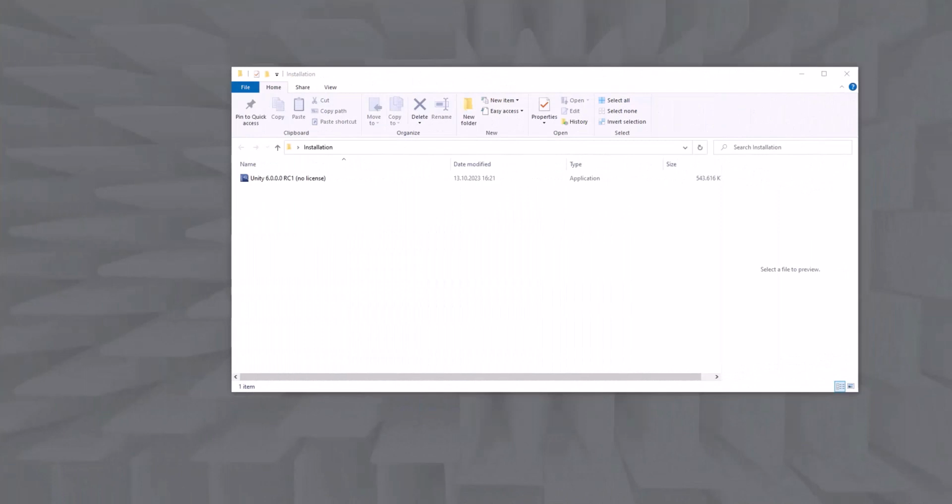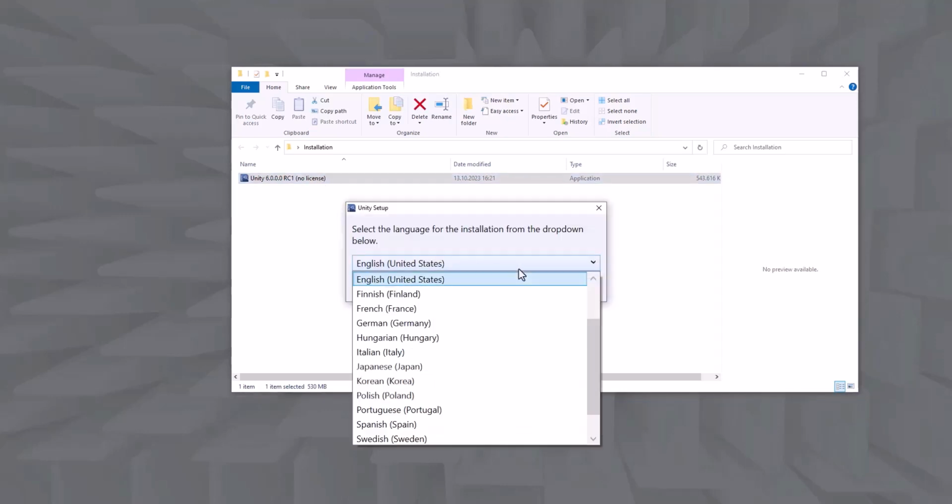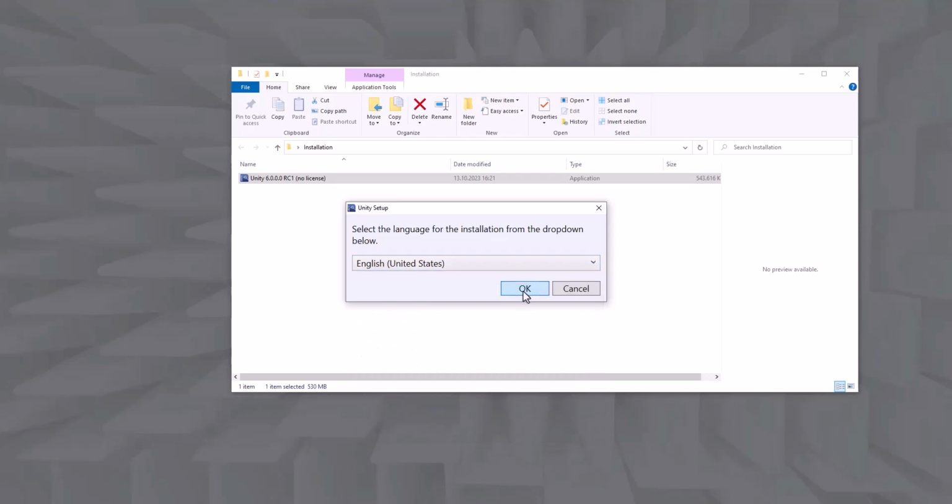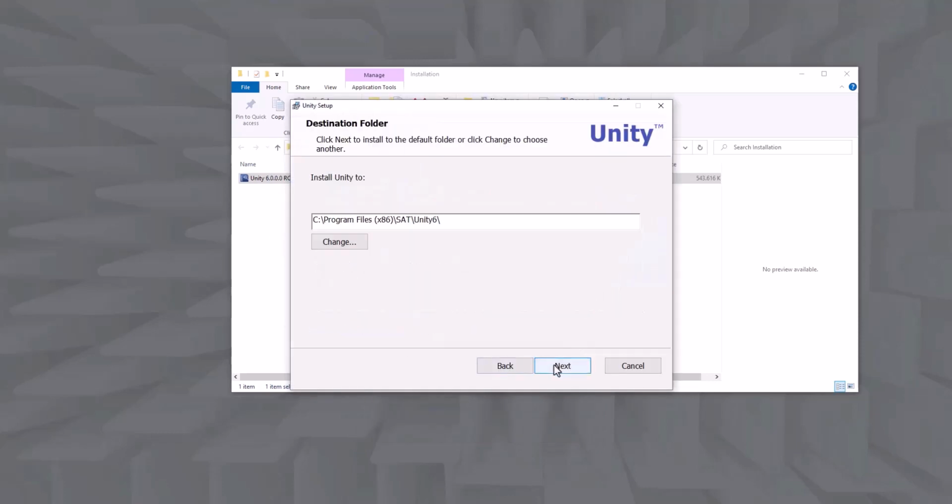To install the Unity software on a computer, insert the USB that is included with your hearing assessment and fitting unit. Find the software file in the file structure on the screen and double-click. If not pre-selected, choose what language you'd like to use from the drop-down menu. Follow the prompts on the screen to complete the installation process.